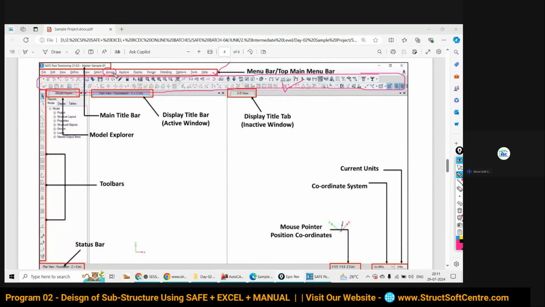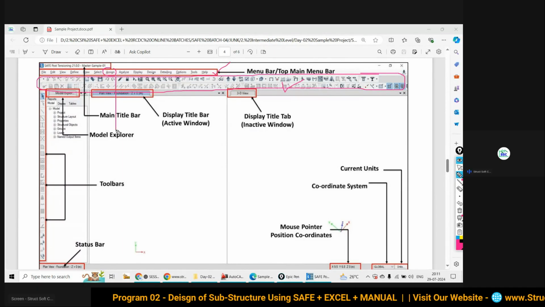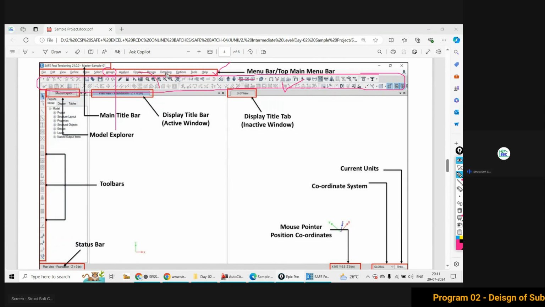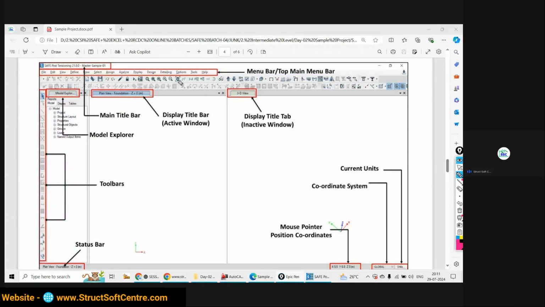In assign, multiple options are there that we are taking outside. In analyze, all the options we are taking outside. For detailing, all the options we have taken outside, and this gives quick access to implement for our project.